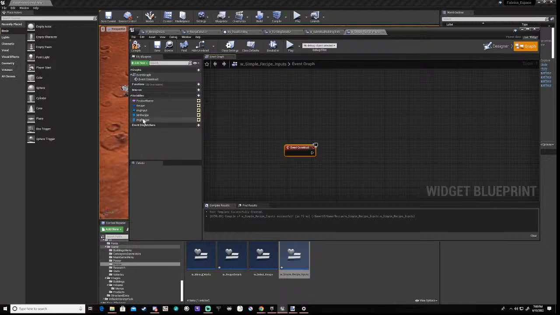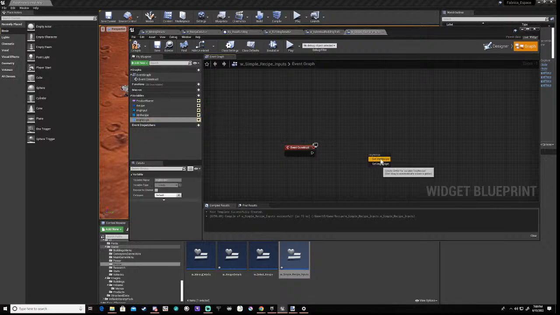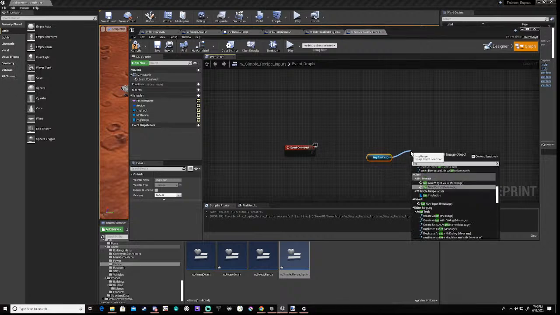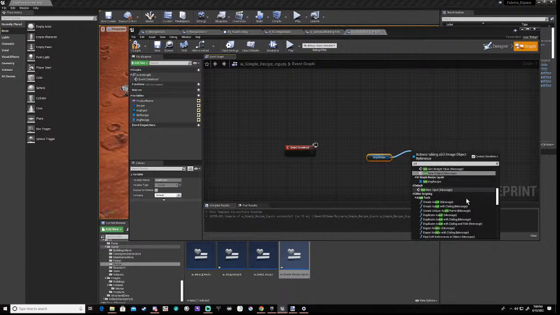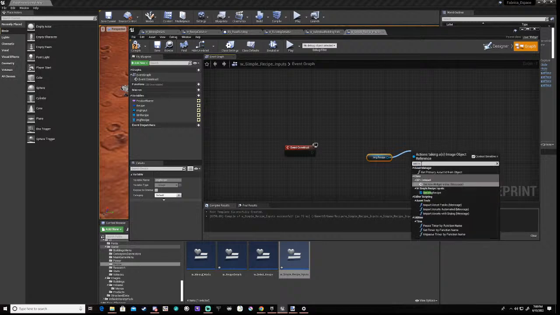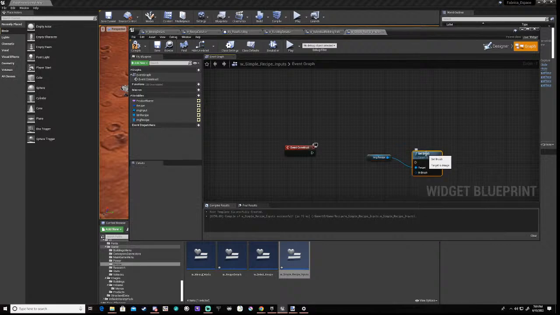Okay. And we're going to say this, get, set, image, no, it's set brush, duh. Right, that was a bit stupid there, Ryan, but never mind. Right, so